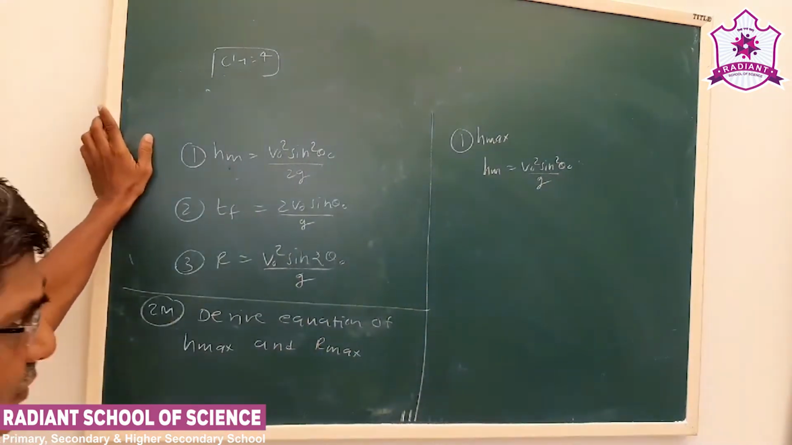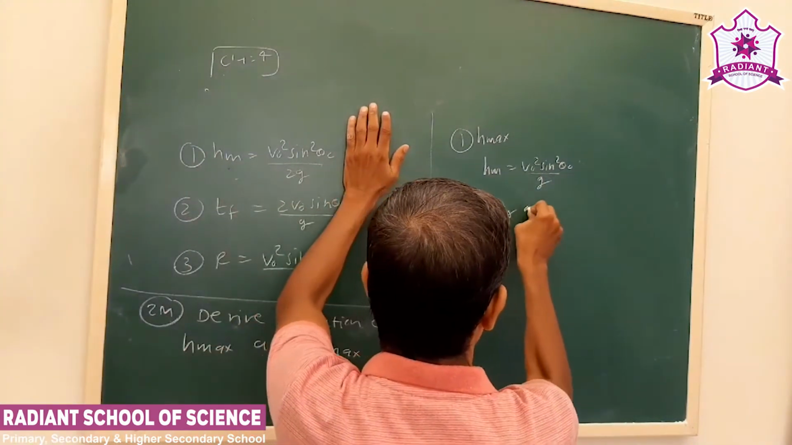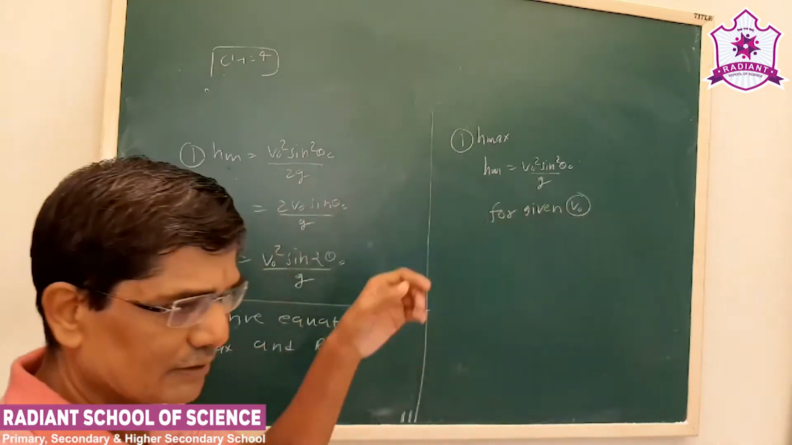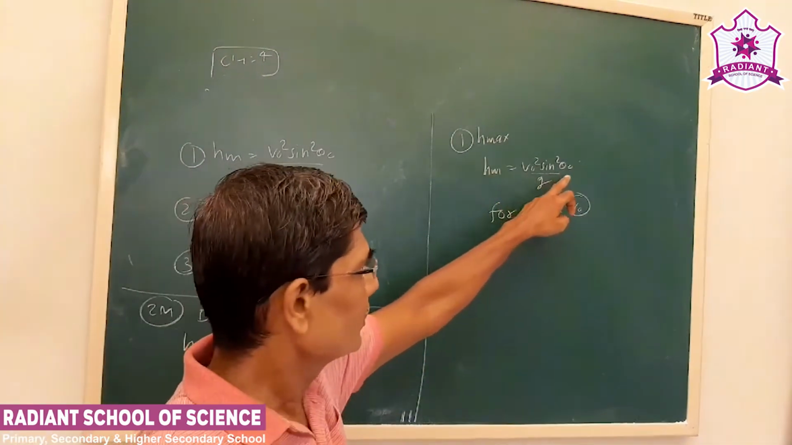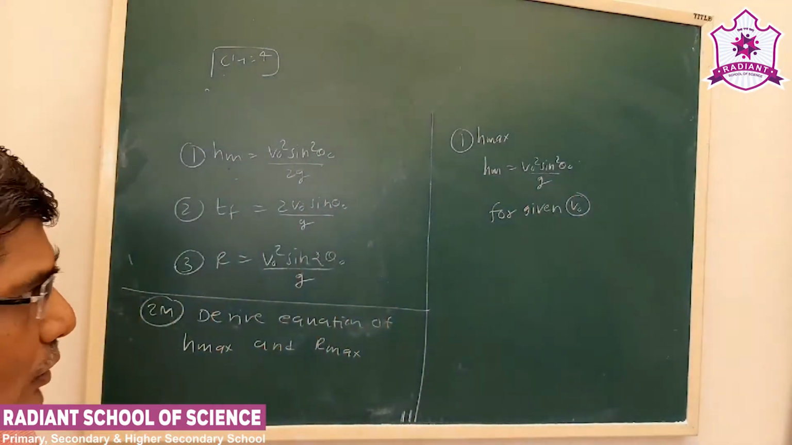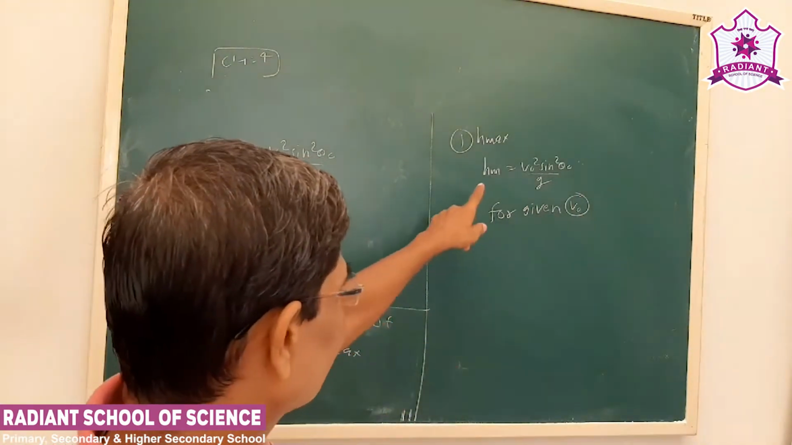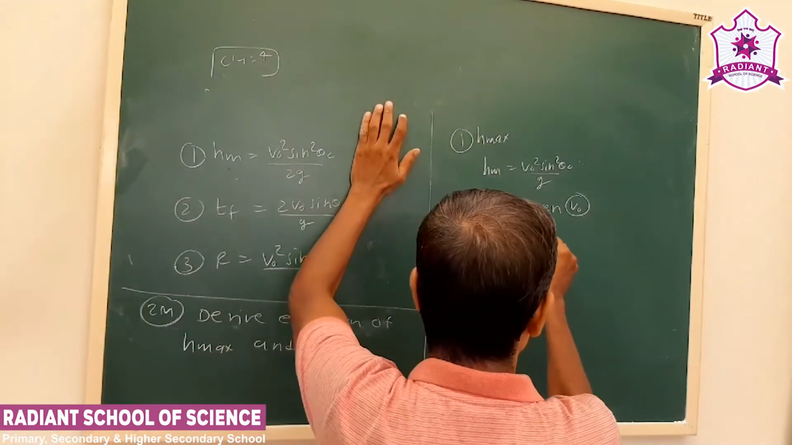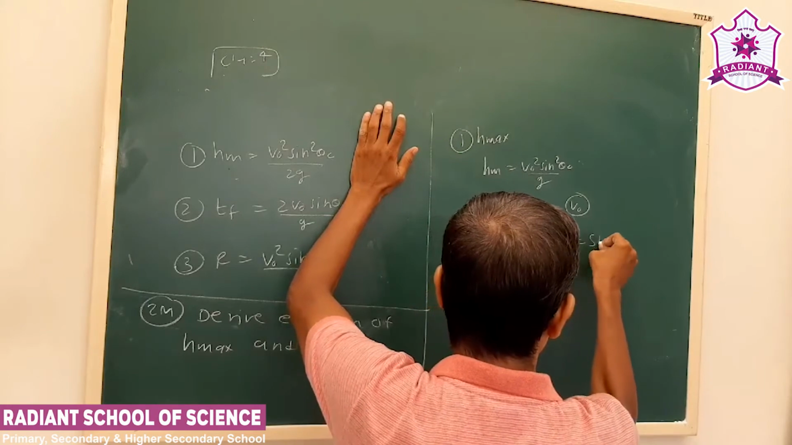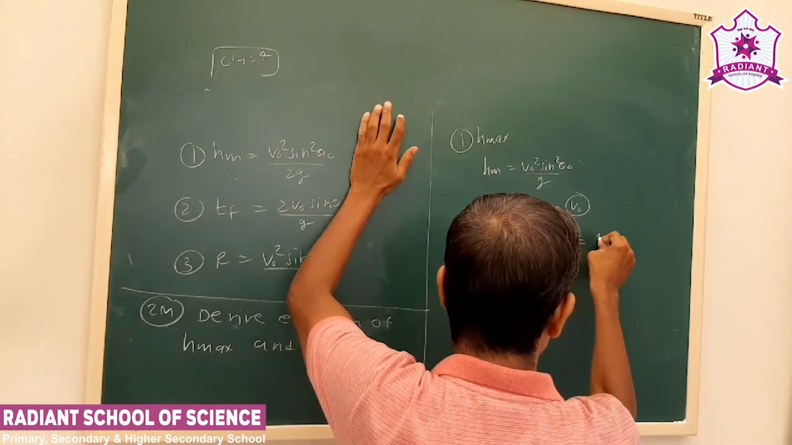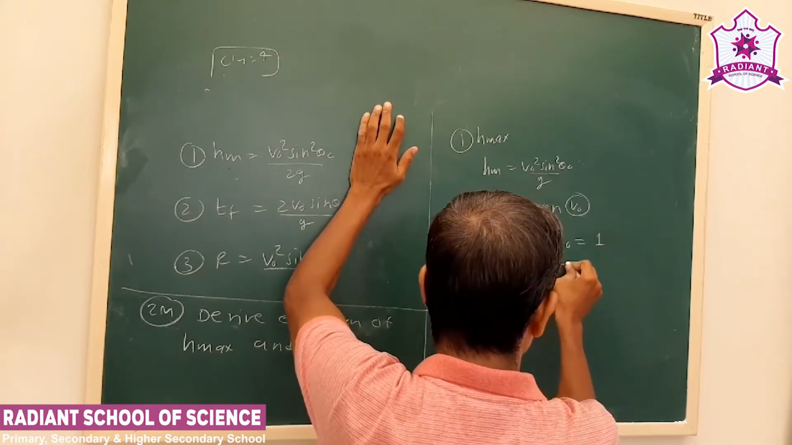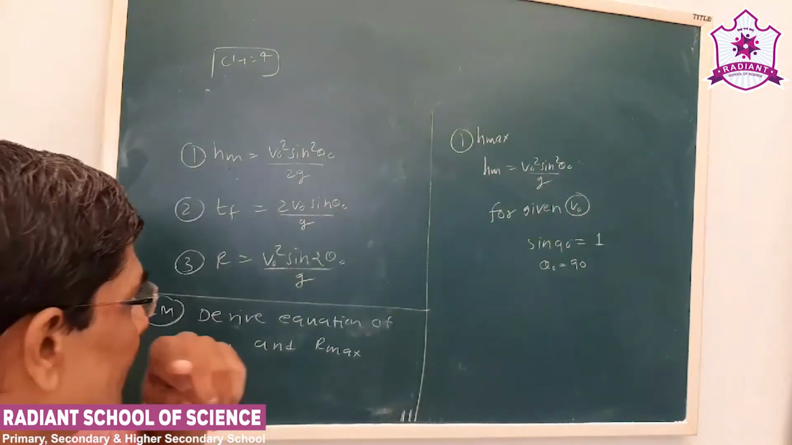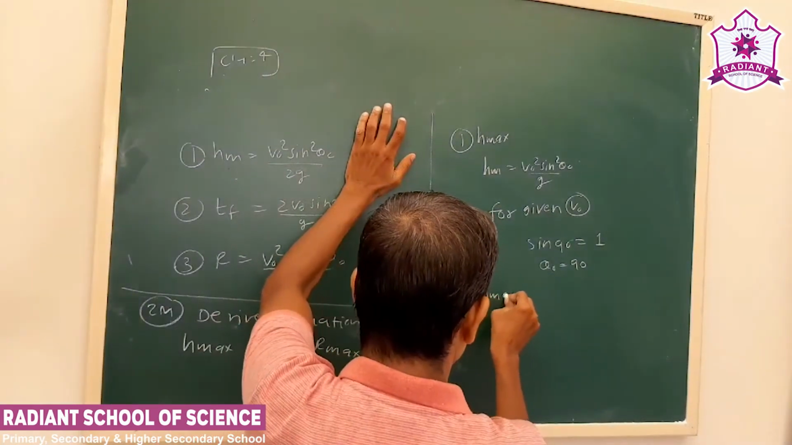Now see, for given V0, we consider V0 constant, G is always constant, so the only variable is theta 0. Now when will this attain maximum value? That depends on theta only. We know sin 90 is 1. So when theta 0 is 90, this value will become maximum. So Hmax in that case,